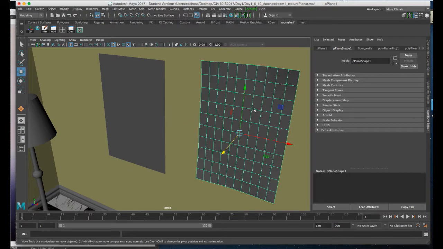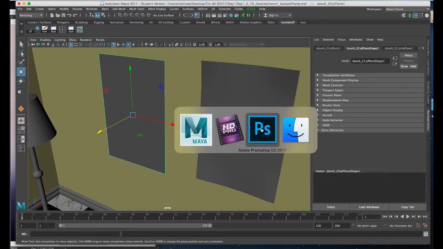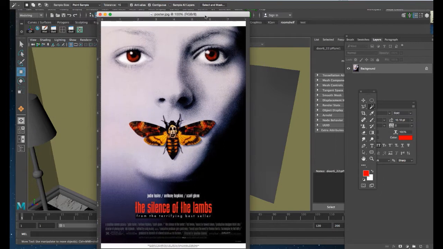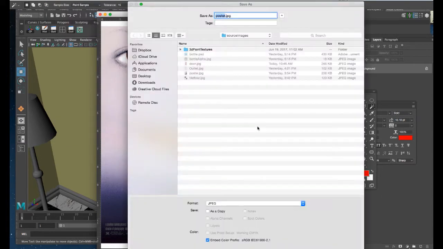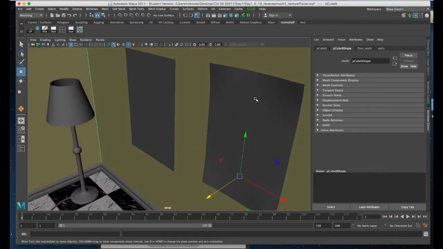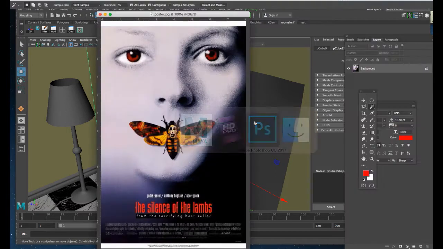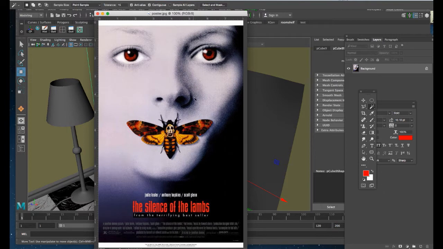Now, before we get to editing the actual geometry, we need to address our texture in Photoshop. So in Photoshop, I've taken a picture of a poster and I've edited it the way I want, and I saved it as a JPEG. Now we're going to texturize the surface that will be our poster. Once again, I'm going to start out in Photoshop. I've downloaded this picture from the internet of a poster, and I've got it edited the way I'd like it to be. And I'm going to save it as a JPEG